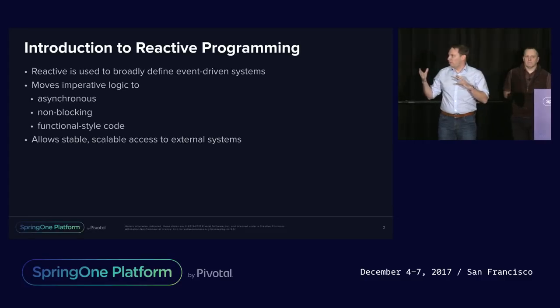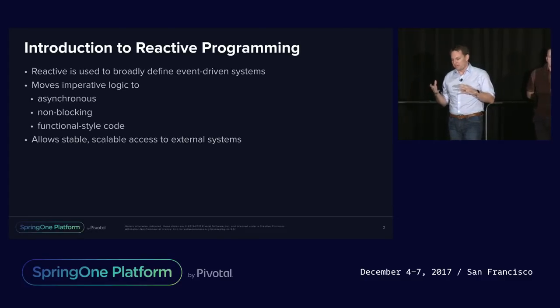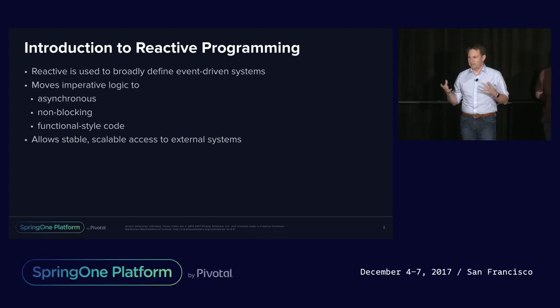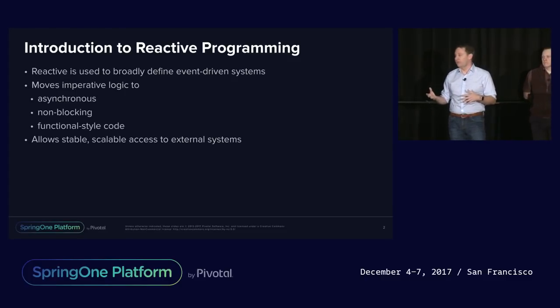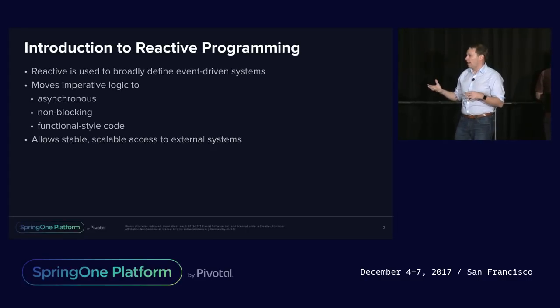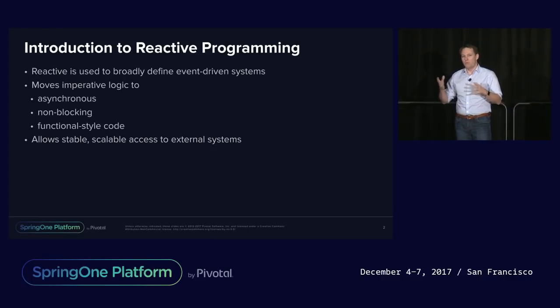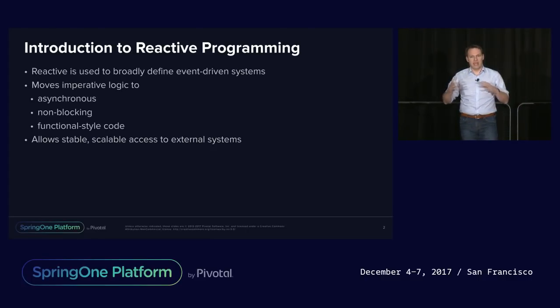One of the final points, though, when we talk about reactive programming is something that most people don't think of as a first-class citizen when it comes to programming, and that's that we want to make sure that our application is stable and scalable when it accesses external systems. We'll talk about this a lot as we go along, but one of the key problems that reactive programming, and specifically this back pressure style reactive programming that the Spring team is endorsing, addresses is